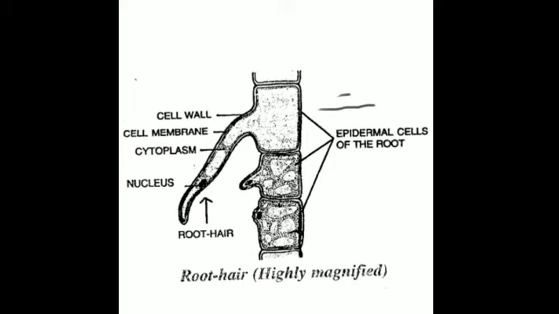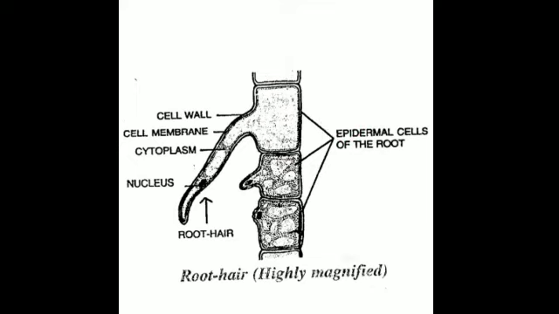Now you can see the whole structure. That is the first layer being the cell wall, to which water, minerals and all other substances pass through. Next layer is the cell membrane, and as soon as other molecules come in contact with it, they are not able to pass, they are stopped over there, and what could pass through this is only water molecules. Only water can enter, and this water, I'll write this in those words, water molecules, they come in the cytoplasm of the epidermal cell. This is the cytoplasm. Is that clear?